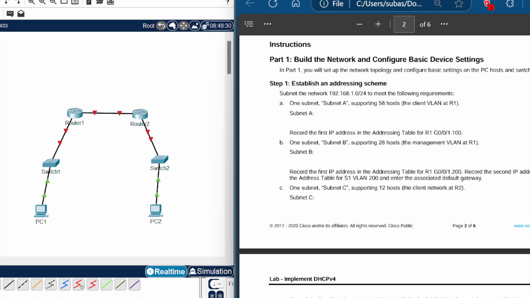Okay, for the client VLAN, which is 100. And then for the second one, record the first IP address for the table. Okay, yep. And then B says one subnet B supporting 28 hosts. Okay, and that's on the management VLAN. So for the management VLAN, I would copy this all the way here, and then you can add